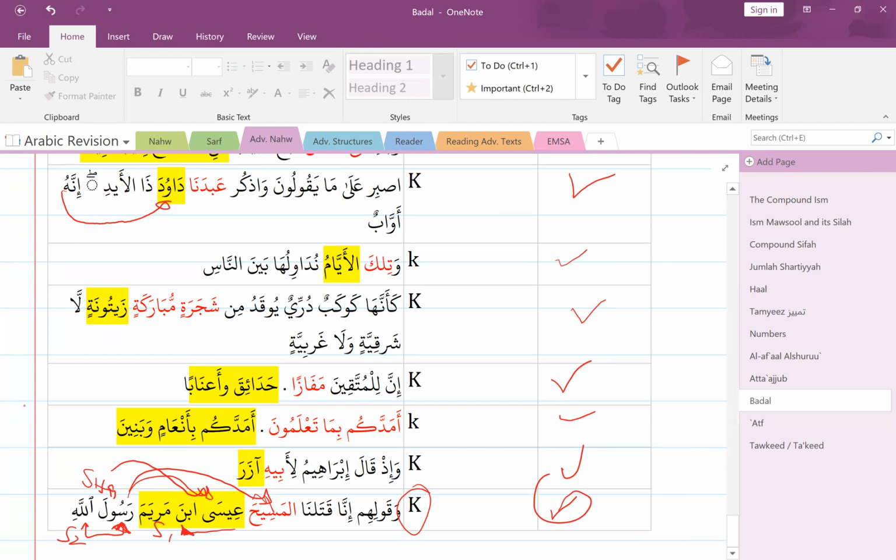But I will confirm. I'm not so sure if you can have badal 1, badal 2. That one I need to confirm. Not 100% sure on that one. Maybe it's possible. The thing I'm realizing with grammatical rules is if there's no clash, no contradiction, then it can be a number of things. Like we just said, if there's no clash between atf bayan and badal al-kull, it can be both. So maybe you can also say it's badal 1 and badal 2, sifa 1 and sifa 2.